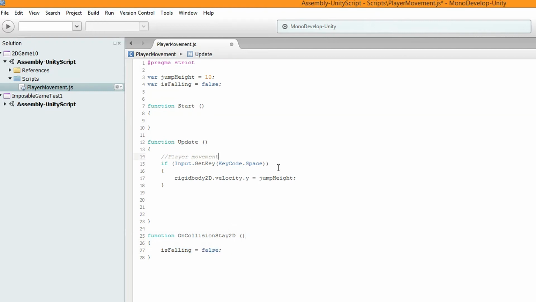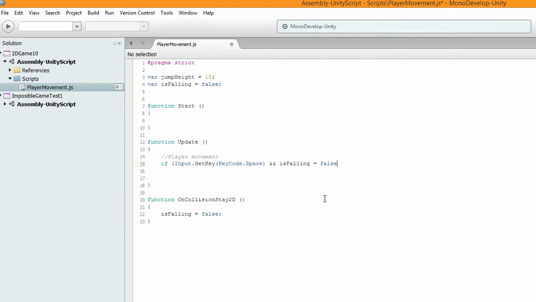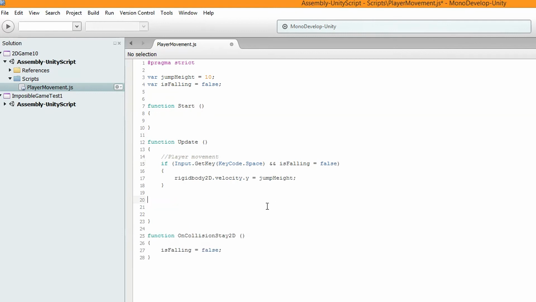and put in &&, which basically means and, isFalling equals false. So now for the if statement to work, the only way we can jump now is if the jump key is pressed, so if space is pressed and isFalling equals false, which is defined by this, then we will be able to jump.